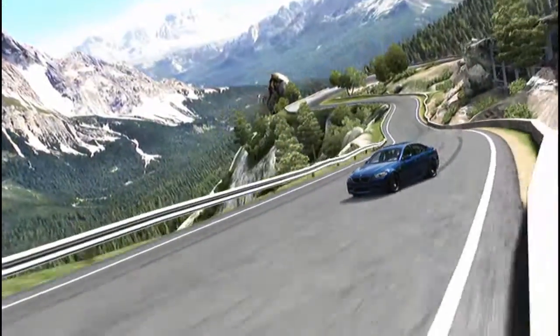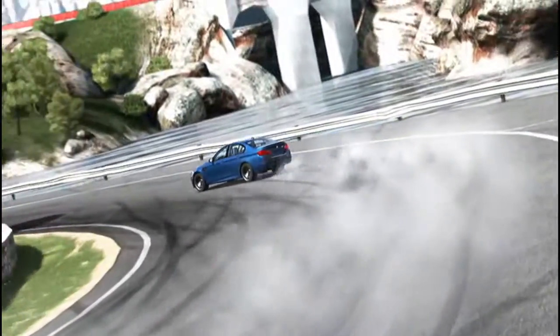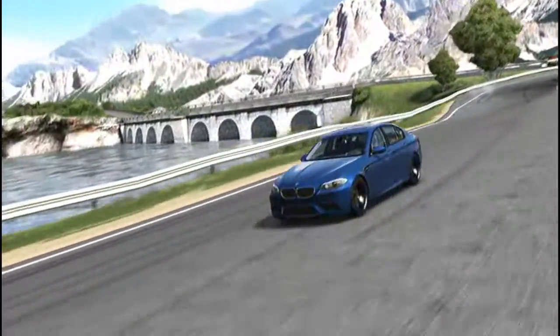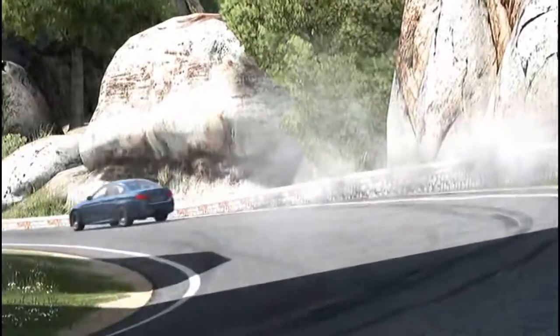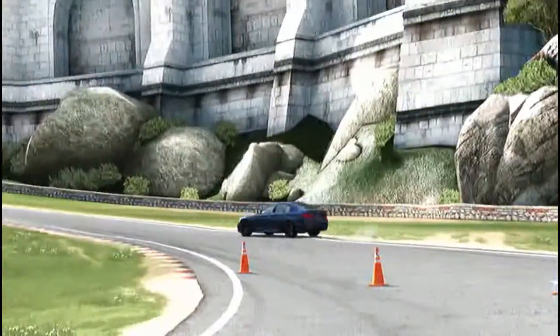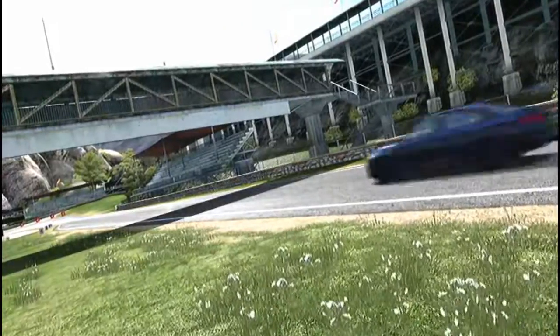I should mention that this car is somewhat difficult to actually maintain sideways, because I'm not exactly sure what it is. I've just noticed that the way BMW's stock performance BMWs are set up makes them a bit difficult to drift around long sweeping corners. Coming into the final stretch here, going up the hill under the covered bridge as we